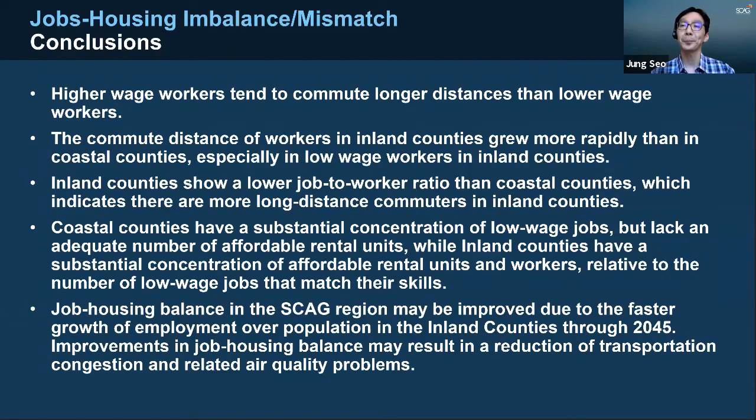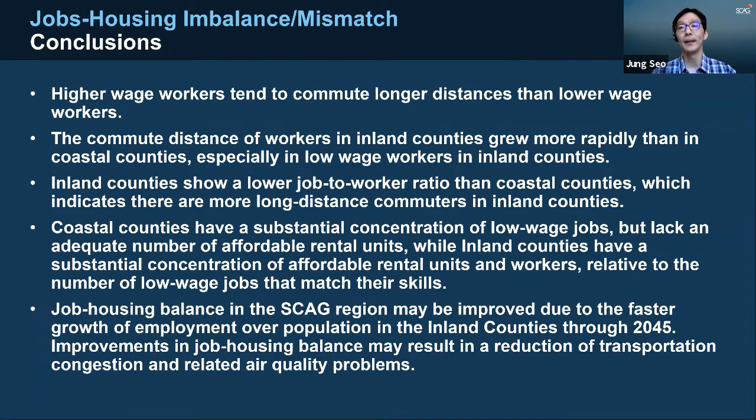Also, coastal counties have a substantial concentration of low wage jobs, but lack an adequate number of affordable rental units. On the other hand, the inland counties have a substantial concentration of affordable rental units relative to the number of low wage jobs. And based on SCAG's growth forecasting,